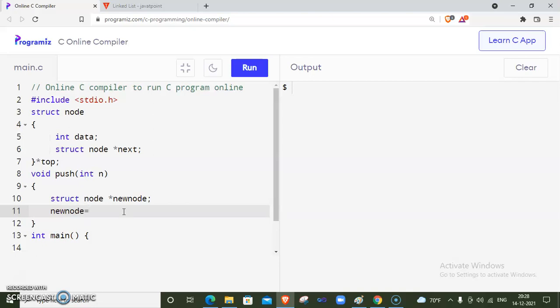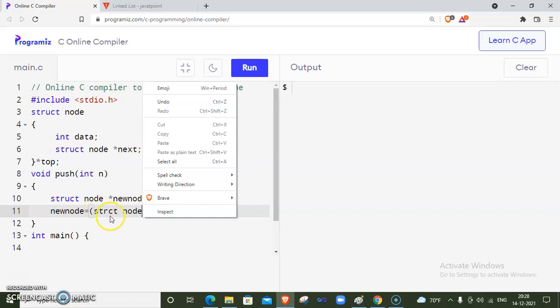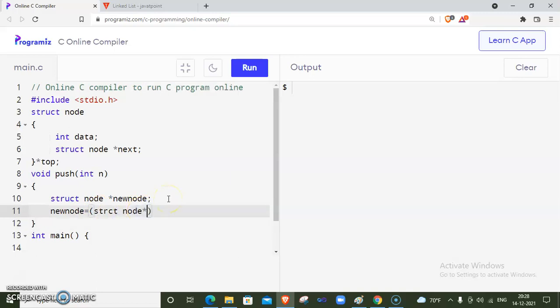So what is the syntax behind malloc, memory allocation? For dynamic memory allocation we use malloc. Here we need to give first struct node pointer, and then malloc, and then the size of our node.